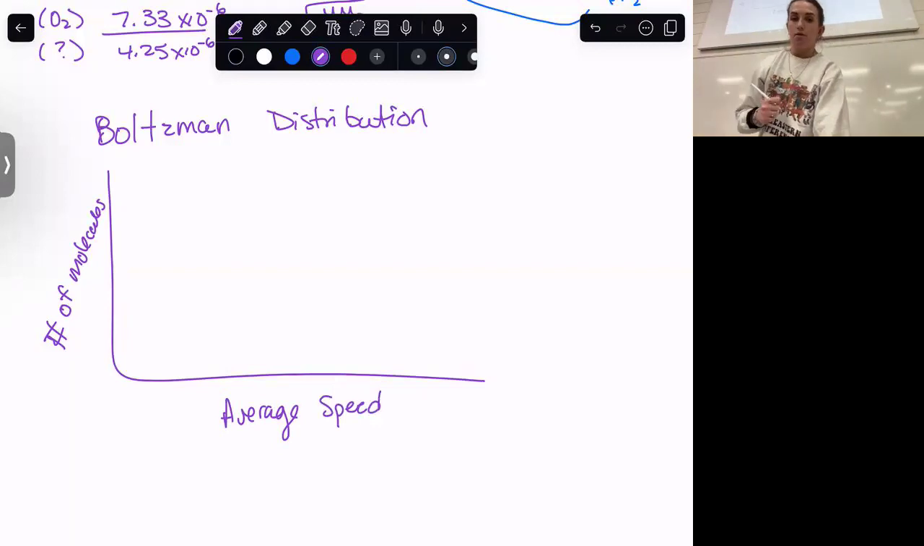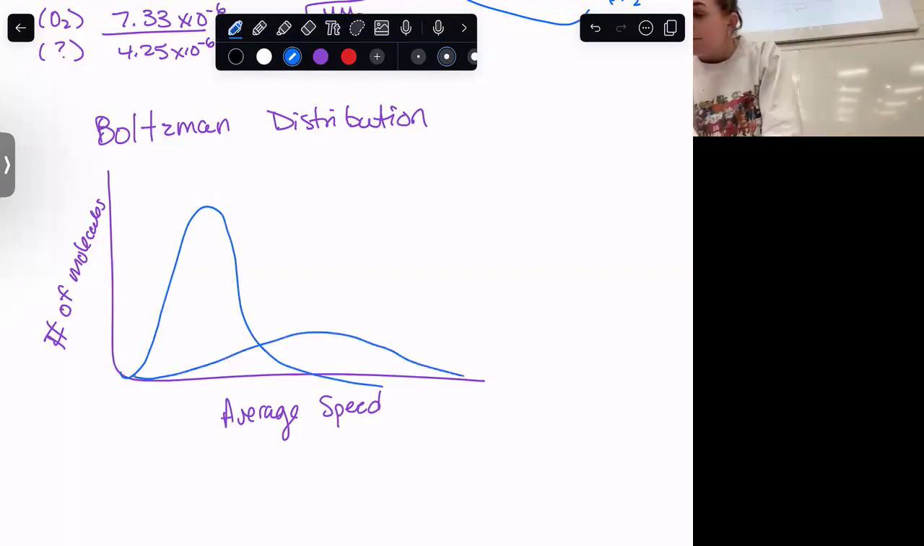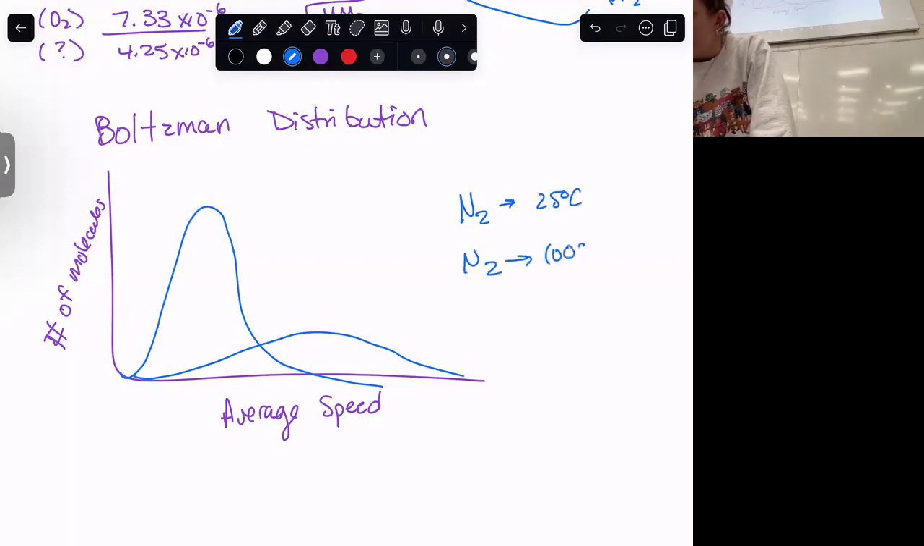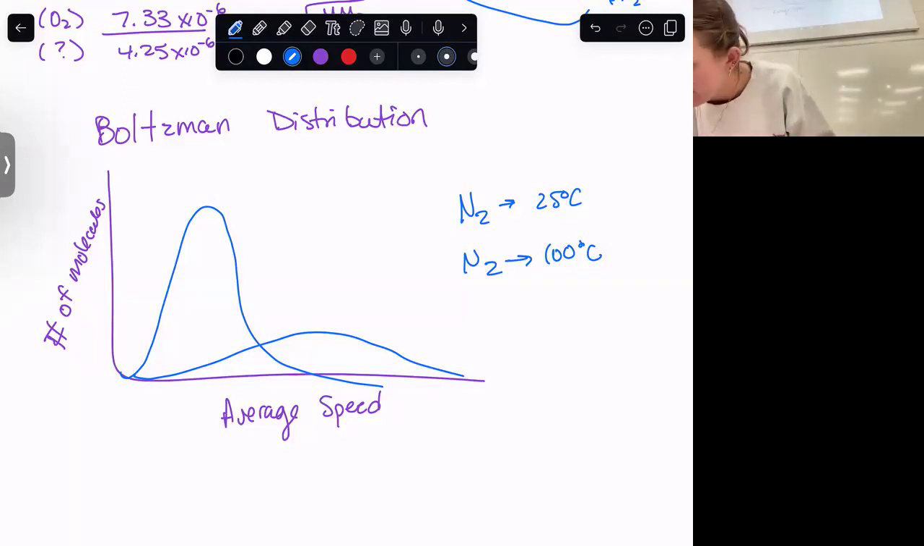And if I tell you that it looks like this, or it looks like this, and I say that N2 is at 25 degrees Celsius, and that N2 is at 100 degrees Celsius. Can you tell me which one belongs to which? Flatter one is the hotter one. Yes, yep. N2 at 100